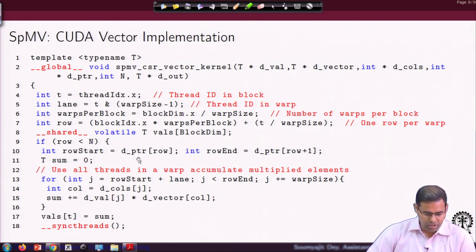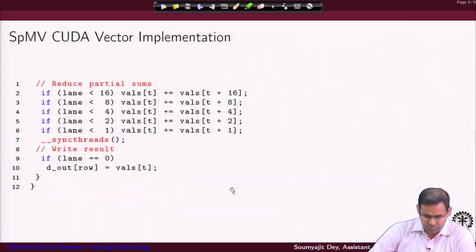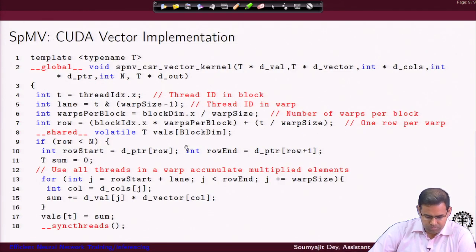So, first you see I have already figured out from where to start and where to end, right. Once that is done, now from dptr I am going to do the usual calculation of multiplication with elements from the row. So, that is what I am doing by getting j equal to row start, that gives me the position, and from that I am getting the d vals where I have got the values in the memory, and finally I am storing it back into the sum, right.